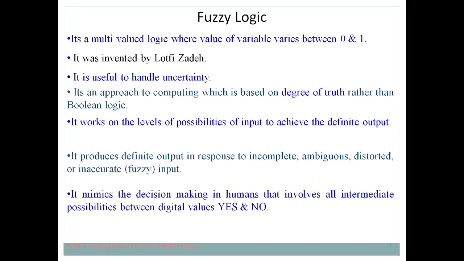So in that case you can say he is a very tall person. So what is the meaning of tall? When can you say that a person is tall? For me, suppose the height of the person is greater than 6, then it is tall. For you, suppose the height is greater than 7, then you can say it is tall. So it is uncertain. So you can say that the speed of the car is fuzzy, the height of the person